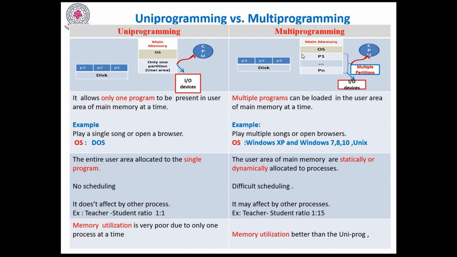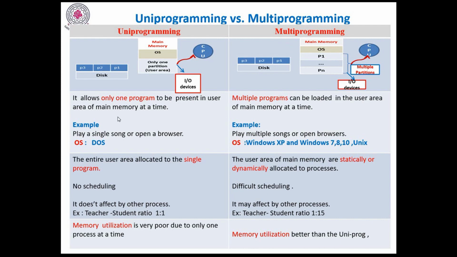Whereas in multiprogramming, look at this picture. The user area is divided into multiple partitions. When the user area has multiple partitions, it can allow more than one program at a time. Multiple programs can be loaded in the user area of main memory at a time. How is it possible? Because multiple partitions are there. With respect to the number of partitions, that many programs I can select from the secondary memory and load into